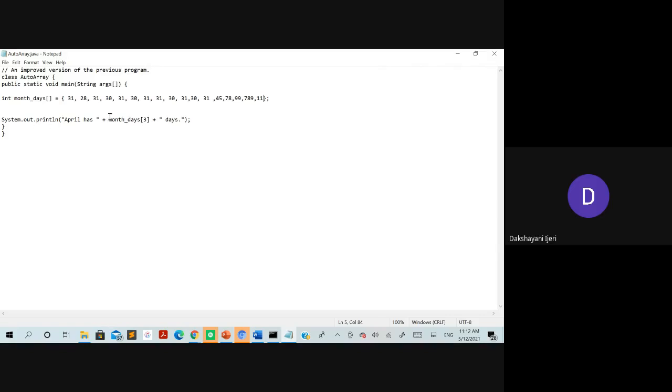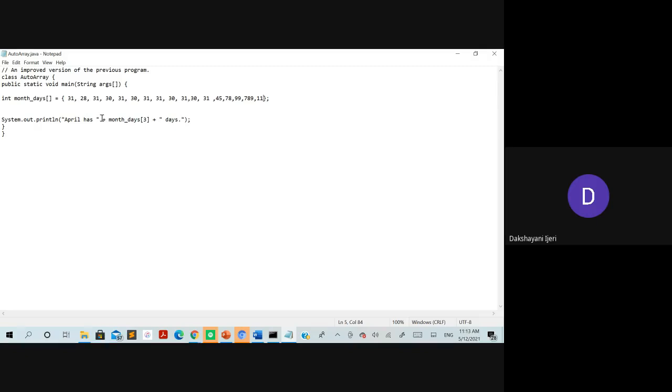The rest of the thing is the same here. The print statement has been used, and we are trying to fetch the value stored at index value 3, that is 0, 1, 2, and 3. So the output is going to be the same as in the earlier case. April has 30 days here. I hope everyone is clear with this plus operator. As I told you in the earlier classes as well, if you use the plus operator within System.out.println, between two strings, this plus operator behaves as a concatenation operator.